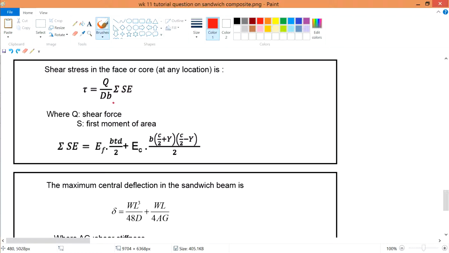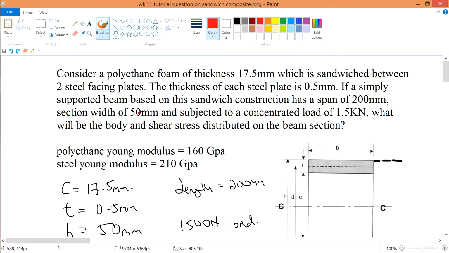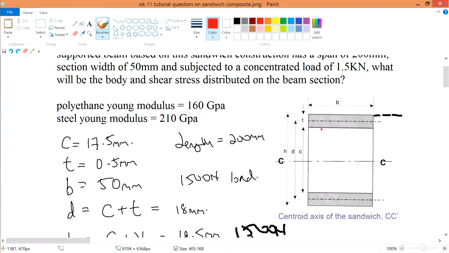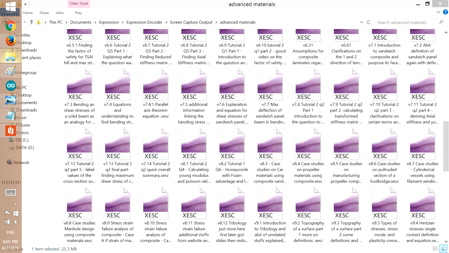Where the Q itself is your shear force. So what is the shear force then? Shear force, just take note that it's always your compressive force, or the force that is being exerted, the concentrated load, 1.5 kilonewton. I'll assume that you know what is going on. If you don't, you can just go back to